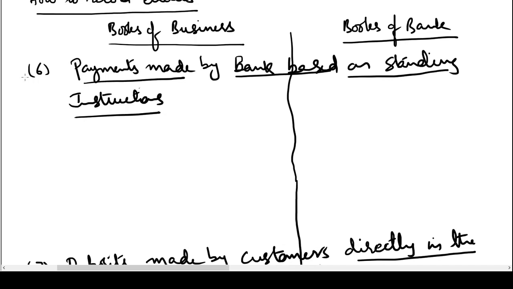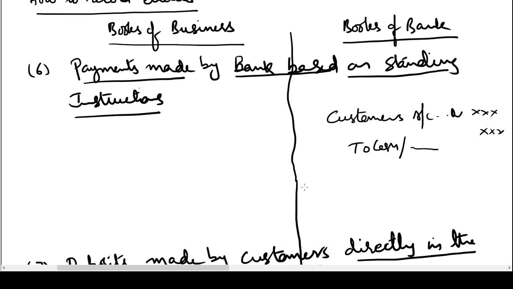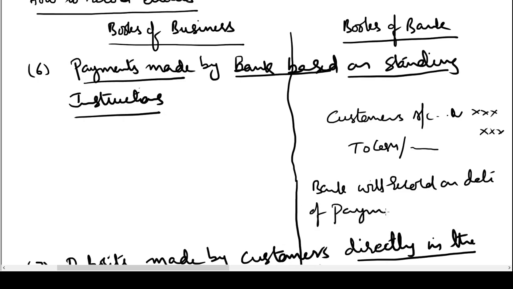So we give them the instruction that as soon as a specific date arrives, make the payment to the respective person. So what happens is, generally banks would record the entry first, and whenever the date comes the bank will debit our account, that is the customer's account in their books. Our account in their books is called the customer account, and if they are paying cash they will credit cash, or if they are making payment to another bank or to an insurance company, they will credit their respective accounts. So the bank will record the entry on the date of payment. So we'll write here, bank will record on date of payment. Whenever they make a payment, they'll pass this entry in their books.